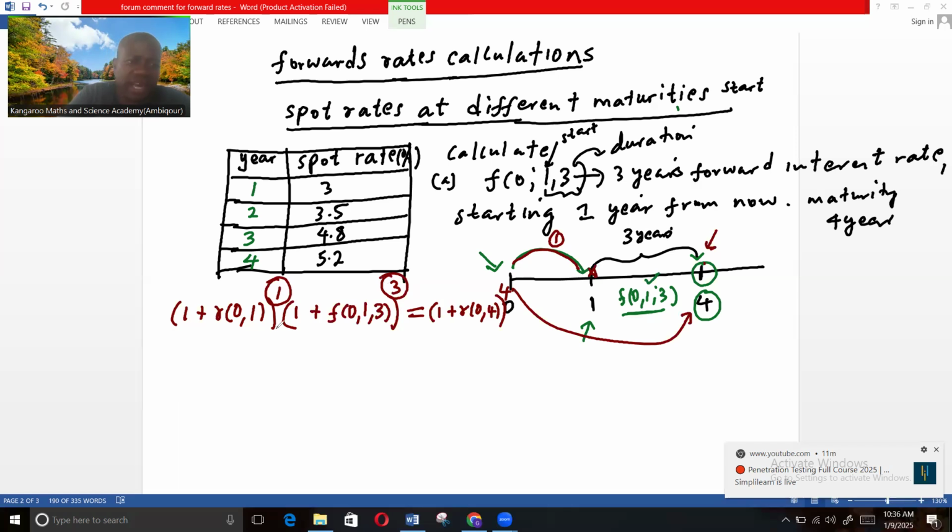What we actually want to calculate is the forward interest rate. Now, we already have the 1 year spot rate, it's 3%, which is 0.03. So you're going to have 1 plus 0.03 to the power of 1, multiplied by 1 plus f,